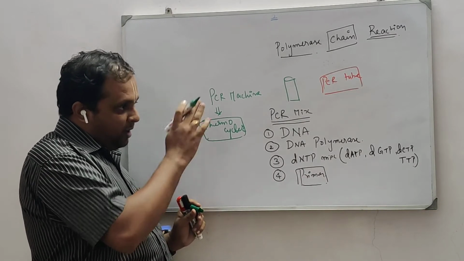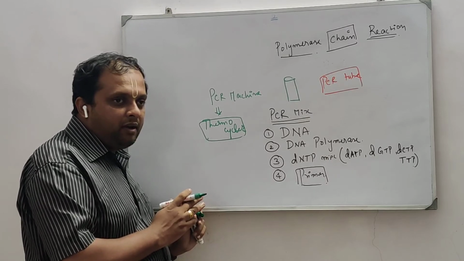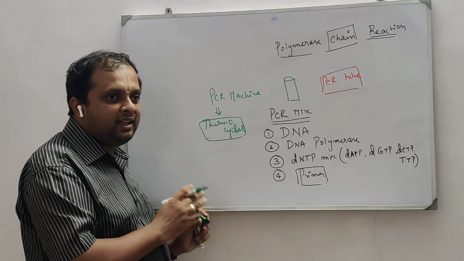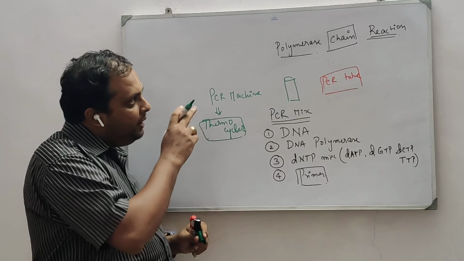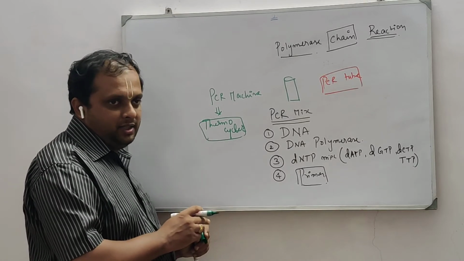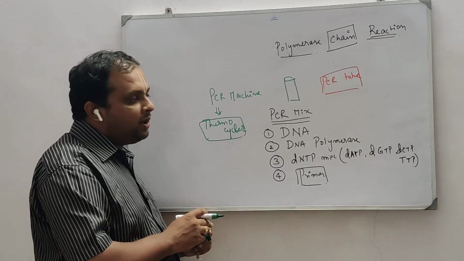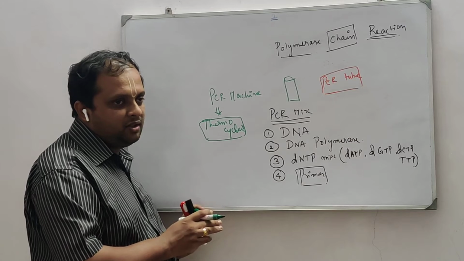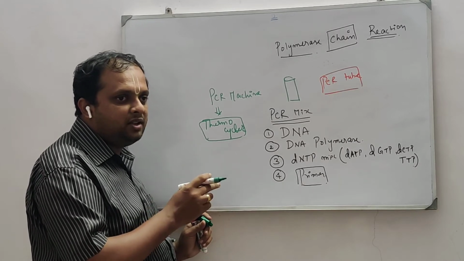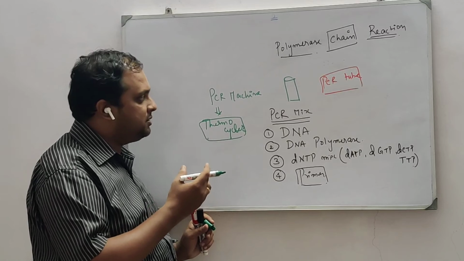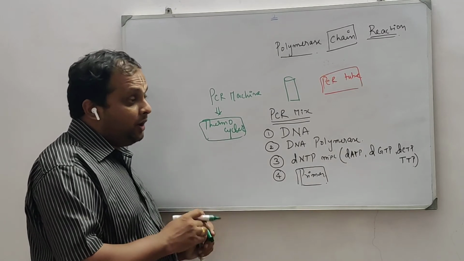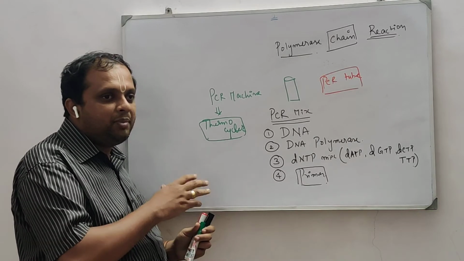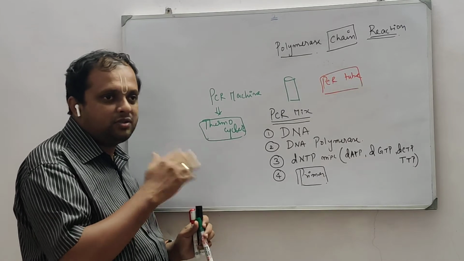So to summarize, we have revised the objective of PCR, what PCR exactly is going to do here, and the very meaning of the term polymerase chain reaction. What are the common ingredients that need to be present in the PCR mix? Now that mix is placed in a machine called a thermocycler, which is basically called a PCR machine. So now we have to get into the next phase, that is, what exactly the PCR machine is going to do further. So that's going to be the discussion.